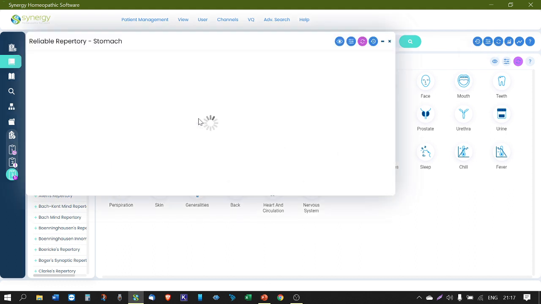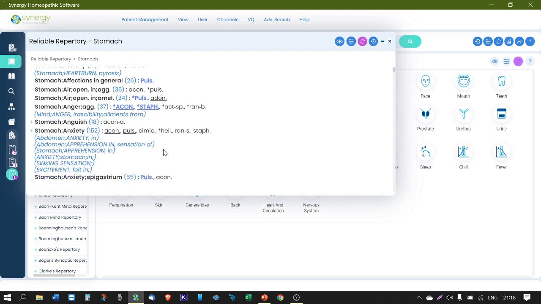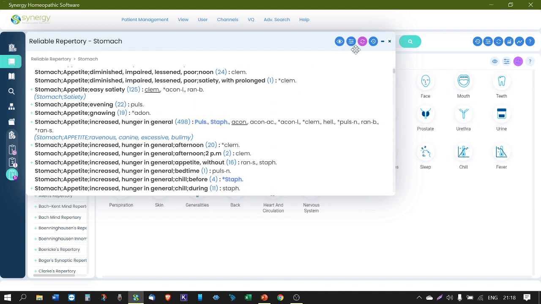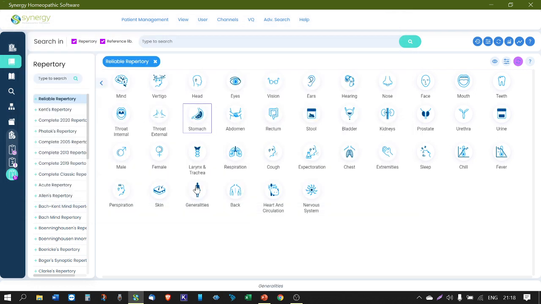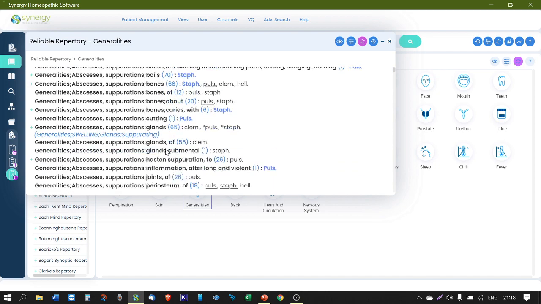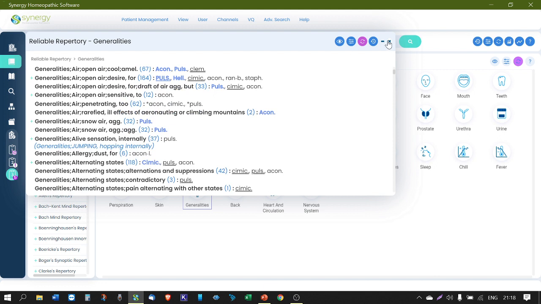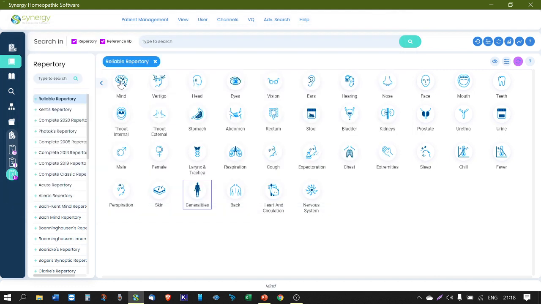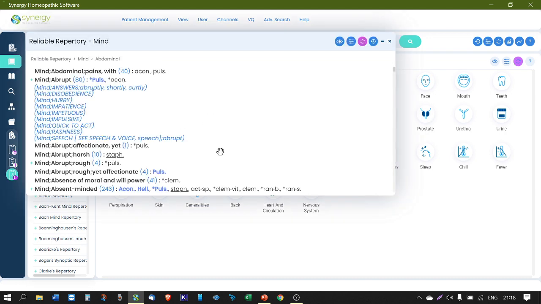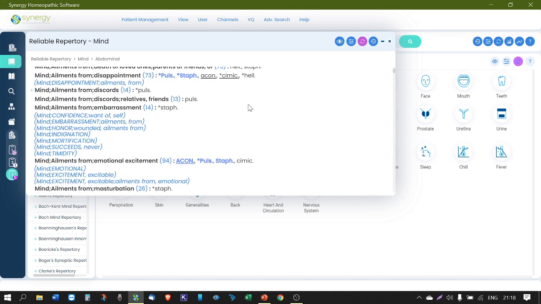Once you click on a particular chapter, the whole repertory has been limited to the ranunculaceae family, and in this way you can study various appetite rubrics of the ranunculaceae family. You can go back and forth in different chapters and you can study the ranunculaceae family from the different rubrics, from the different chapters, and enhance your homeopathic literature, homeopathic knowledge using the same feature. And in this way you can definitely get a lot of study material from the repertory.